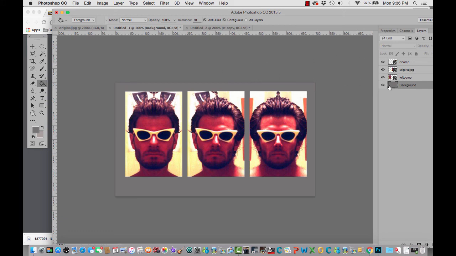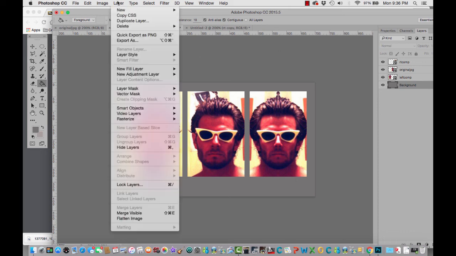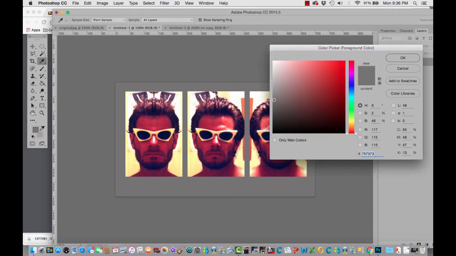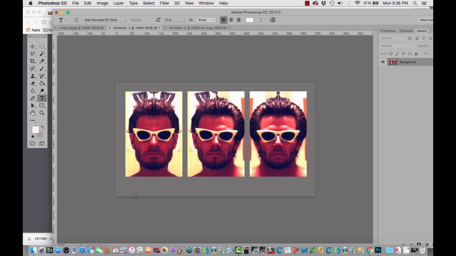So let's flatten the whole image, and then we'll put our labeling on it. So we'll go Layer, Flatten Image. All right, you can see it's one. And now we'll go to the text tool. I like using Arial Rounded, but let's make it about 10 point. We need the text to contrast, so maybe we use white. Okay, and start here, and we will go left,